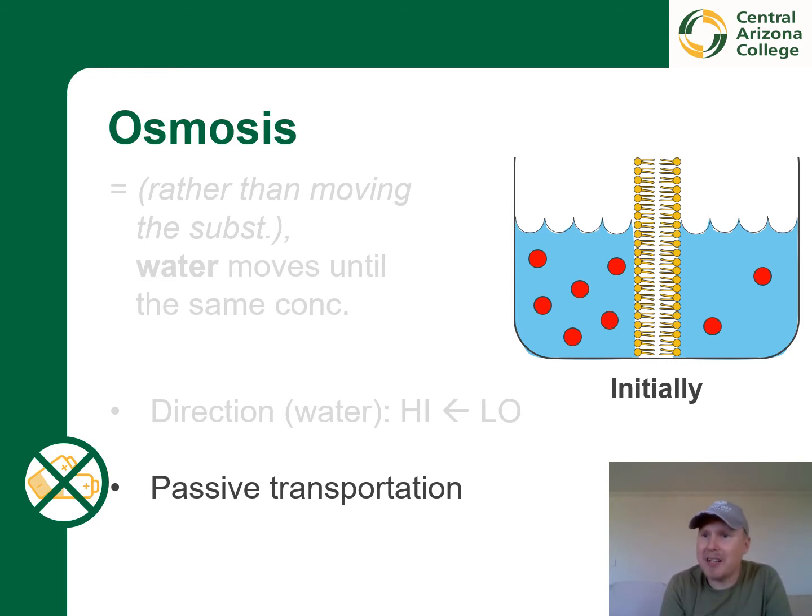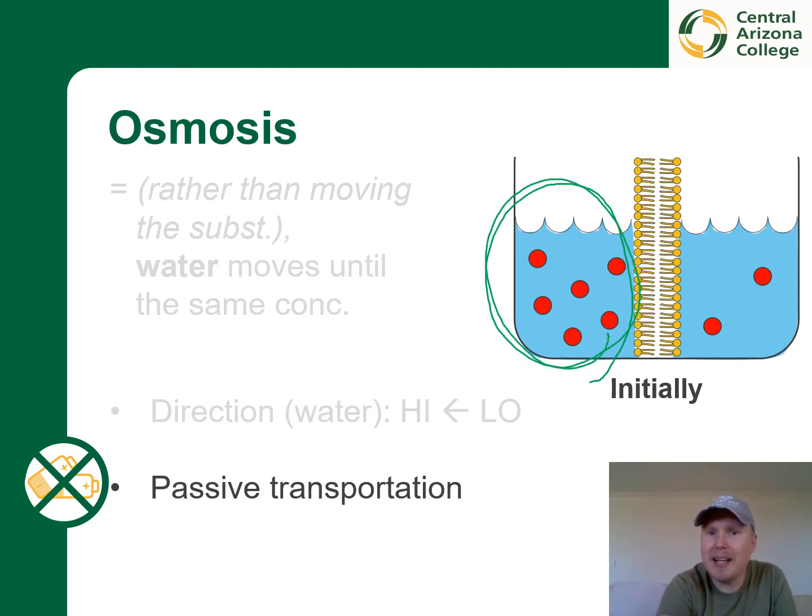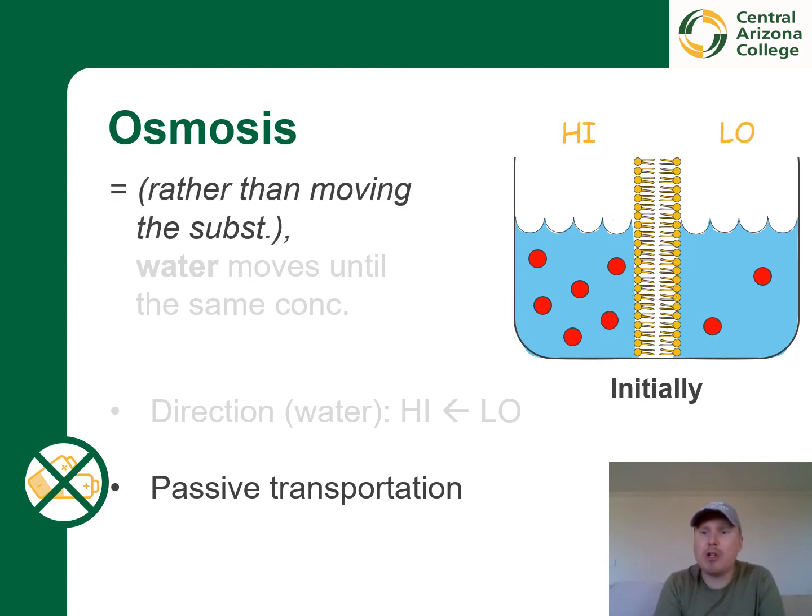So here, the starting situation is similar. There are more substances on one side than on the other side. And this is, of course, another example of passive transport. As we mentioned earlier, now the substances that we have in different concentrations, so these red balls, cannot cross the plasma membrane. So they might be physically too large, or the membrane does not let that happen for some other reason. But we still want to get the same concentration on both sides, right?